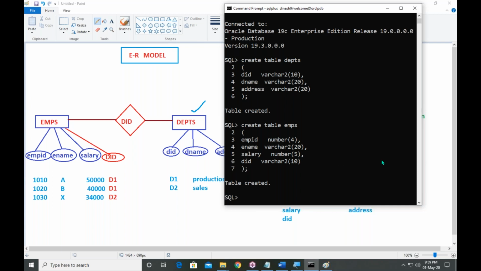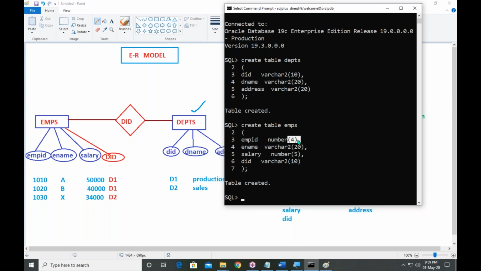I hope you understand how to create a table and what is data model. And in the next class, we are going to discuss about, sir, what are all these things? Varchar2, here size 10, here varchar2 size 20, and here number size 4. Sir, how do you know these names?